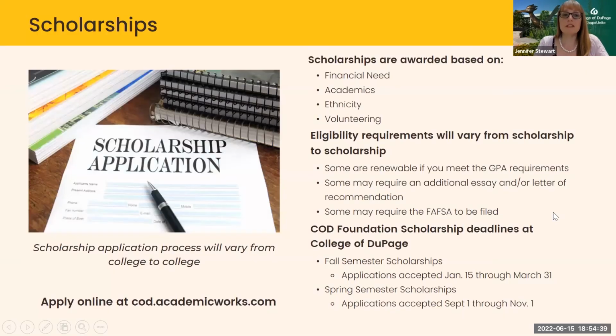Okay. Now I talked about scholarships. Like I mentioned, scholarships are not always based on merit. It's not always based on financial need. There's lots of different criteria when we look at scholarship applications. So to apply for scholarships, you would go to